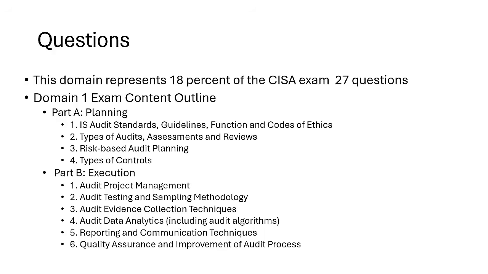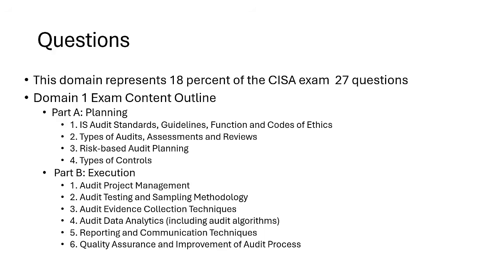Okay, a question can start with a network security audit. You're preparing the audit parameter and all that. What is the first document? We need an audit charter. So audit charter is a topic covered in domain 1. That's why it is difficult to differentiate: is the question really from domain 1 or from domain 5? Because sometimes questions start from domain 1, and the answer is from domain 5. The question talks about domain 1, the options are talking about domain 5, or vice versa. But as I said, when the question starts from domain 5 and the answer is from domain 1, it means they're testing the knowledge of domain 1.